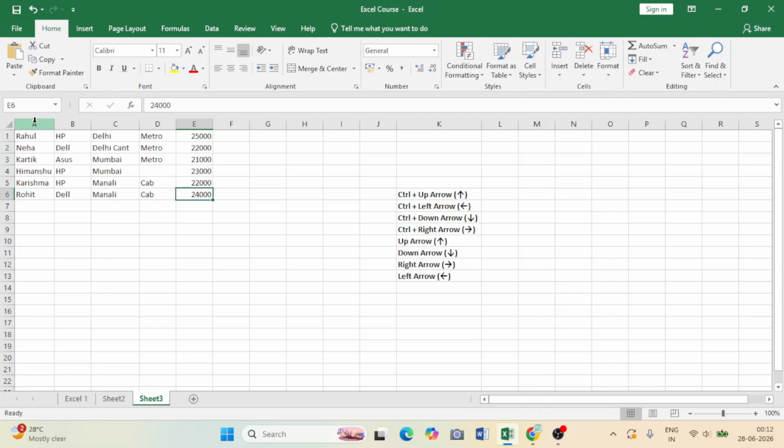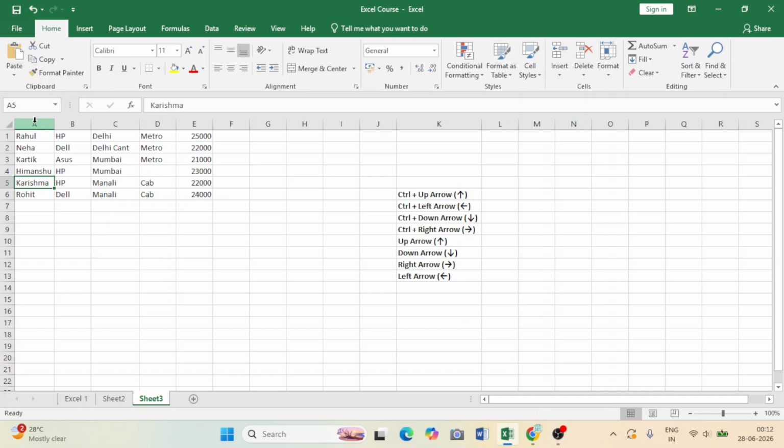One step up, right? So let's suppose for example, if I am now in E6 and I click arrow up, I will move to E5. And if I now want to move quickly to A5, I can simply use Control plus left arrow, and within a second, within a millisecond, I will reach A5. I can use these Control plus arrow keys for all these things which we are discussing, right? The same logic applies for other arrow keys as well.